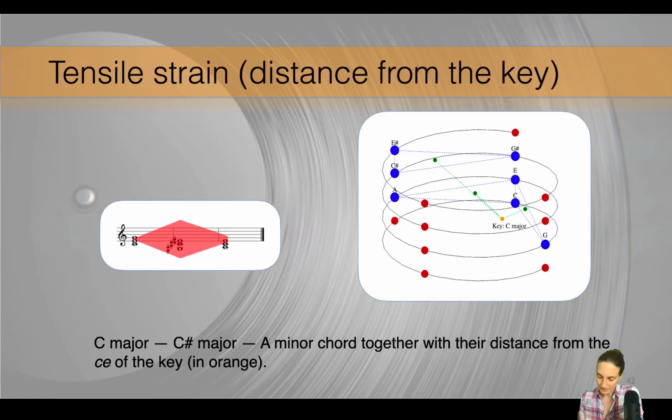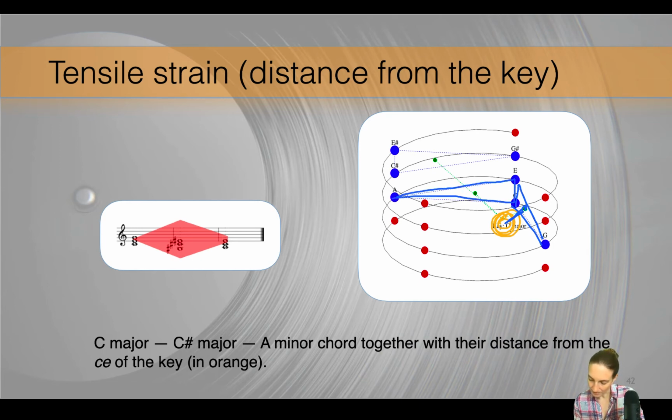And then finally, the last measure we've defined is the tensile strain. Now each key has a position in this array. For instance, C major is located here. And this is great because we have this model. We have these positions that have been calculated, and a whole PhD thesis has been devoted to that. So we have the location of the C major key. Then we can calculate the distance of the center of each chord, let's say C major, very close to the C major key,